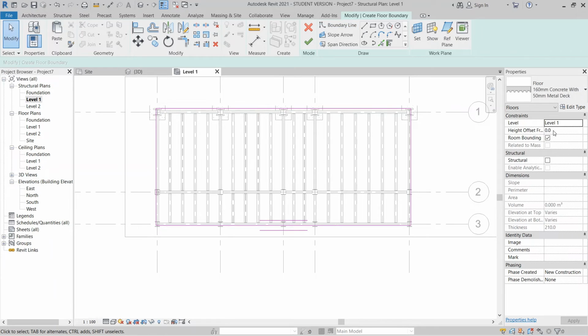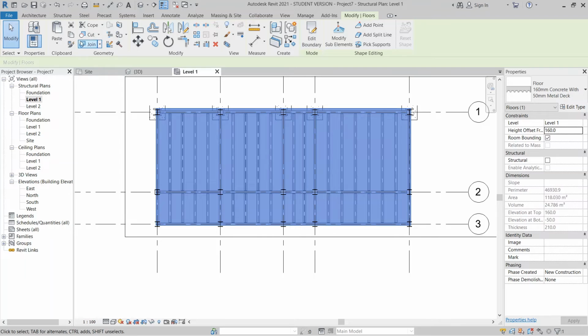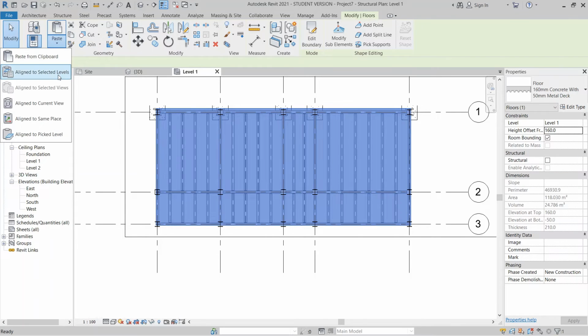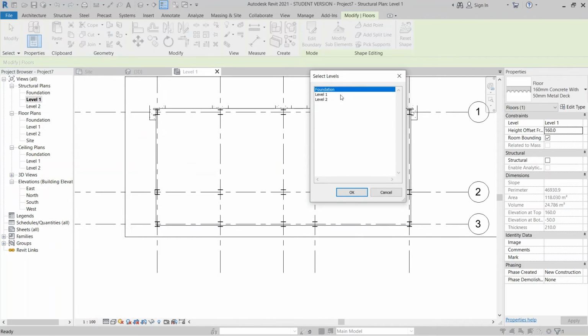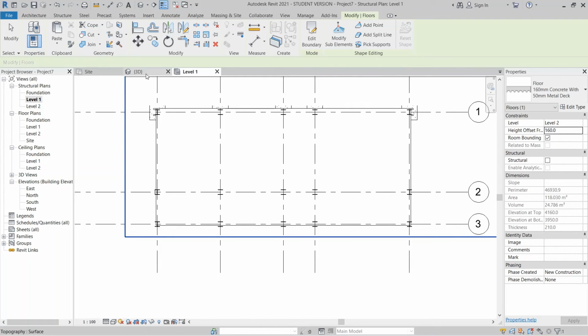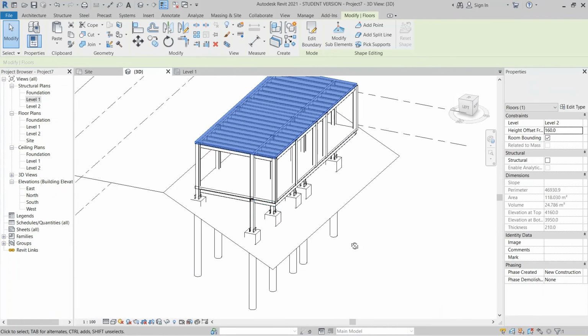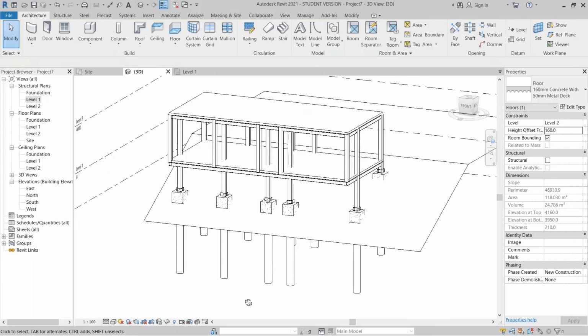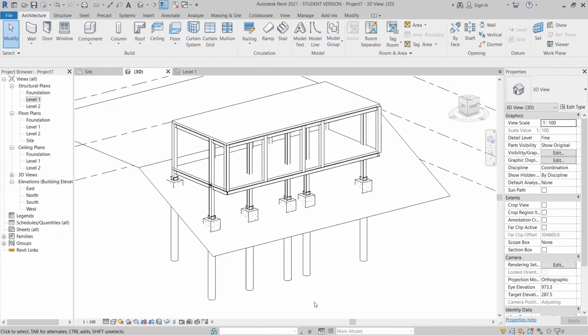Here I need to offset height first. I didn't offset. The floor will go through with my beam there, so I know my floor is 160, so I just offset 160, just hit apply, then hit finish, go to copy again, then apply, then align to select the where, then select the where tool, then go back to my 3D, and boom, you've done your steel structure connection for your project for the forest building house.